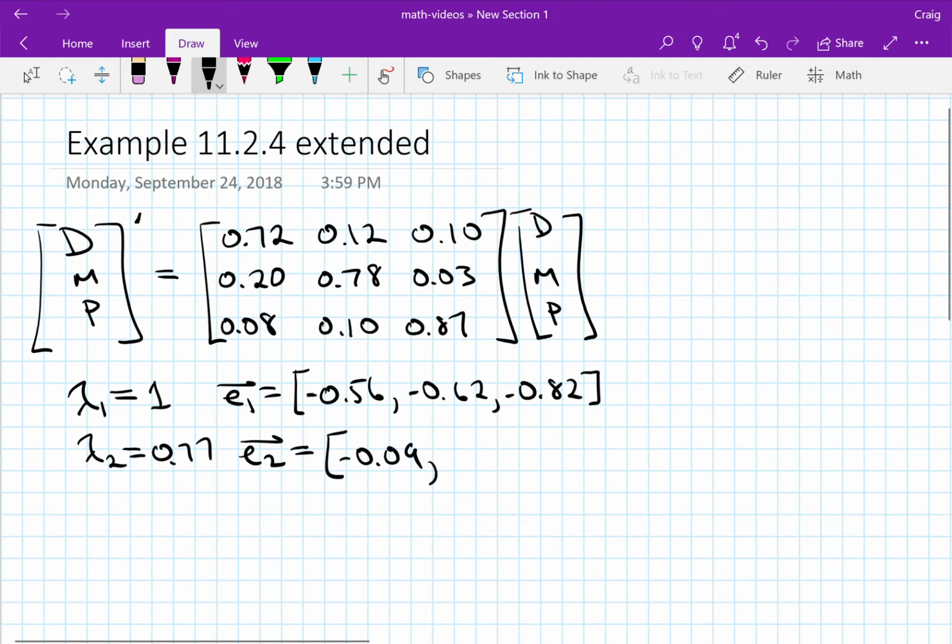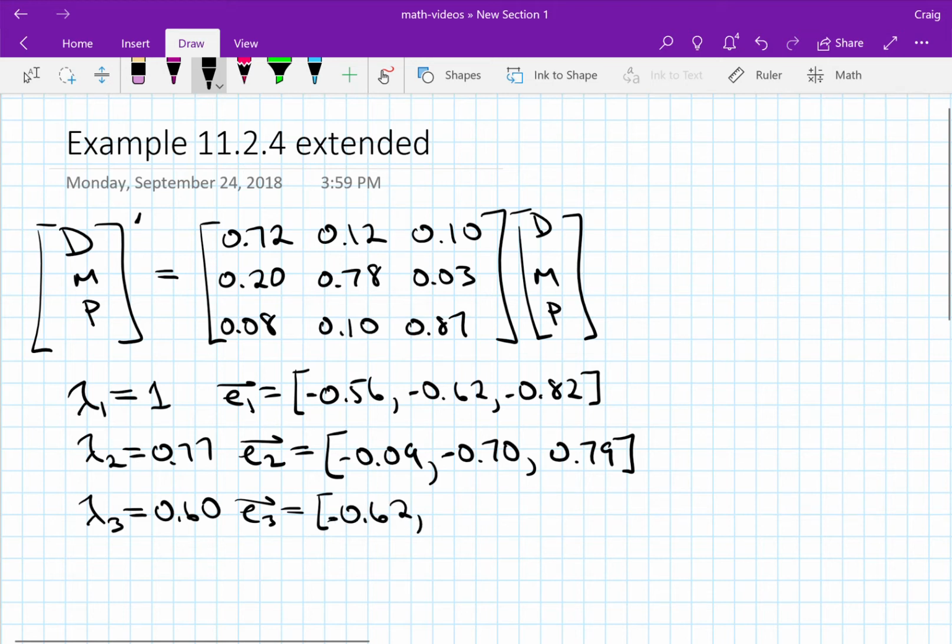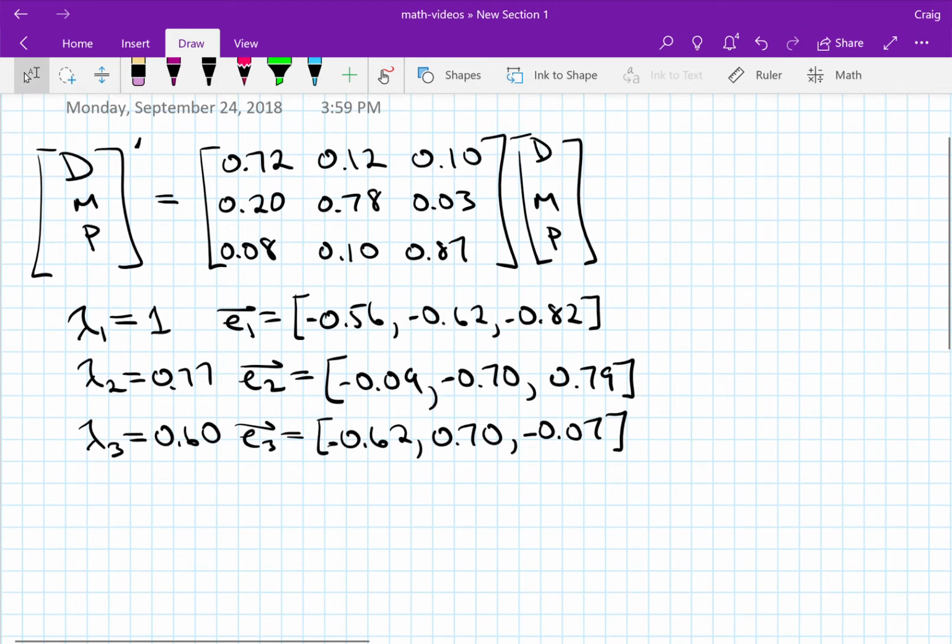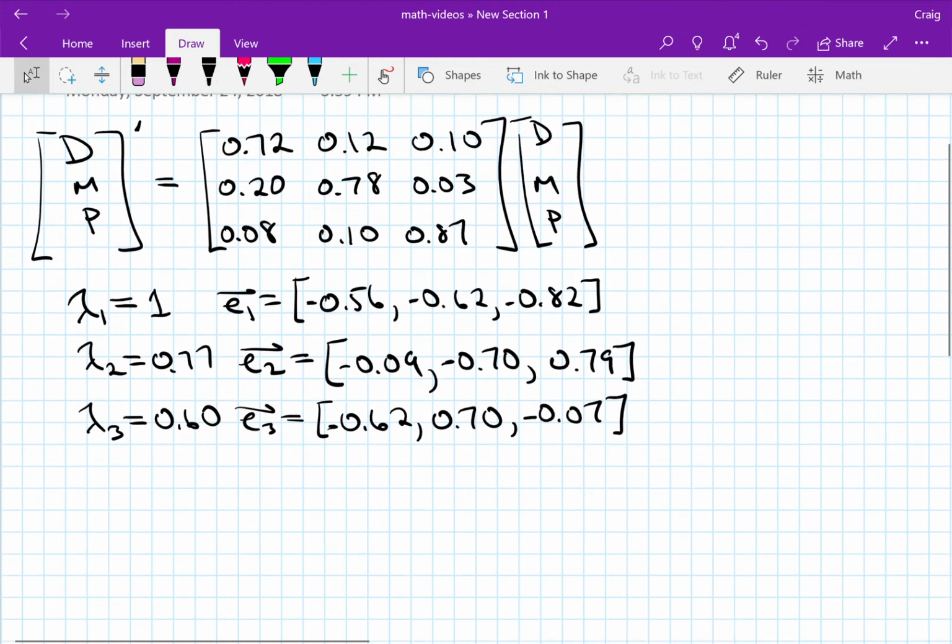minus 0.70, and 0.79, and the last eigenvalue was 0.60, and the associated eigenvector was minus 0.62, 0.70, and minus 0.07. And we convinced ourselves that in general, we could always write if we express the population in